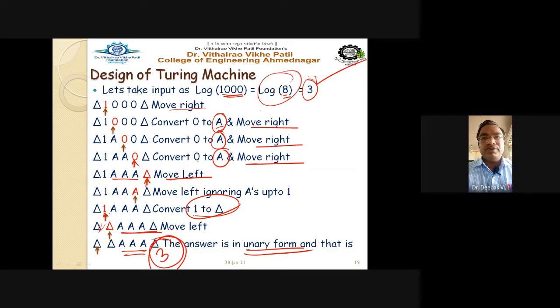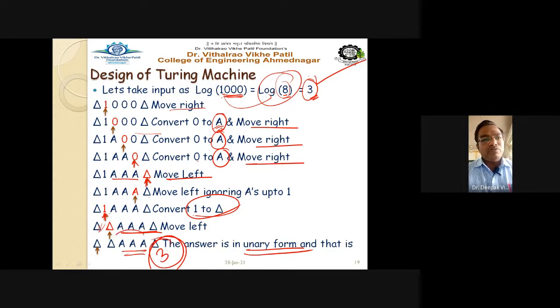So this is the way we calculated the log value for the given binary number. The binary number is 1000, we convert it into decimal, that is 8, and the log 8 value is 3. How do we obtain this 3? We just convert each 0 into capital A and keep moving till we reach the end of the string. As soon as we reach the end, we move to the extreme left end, and the 1 there is converted into capital delta.